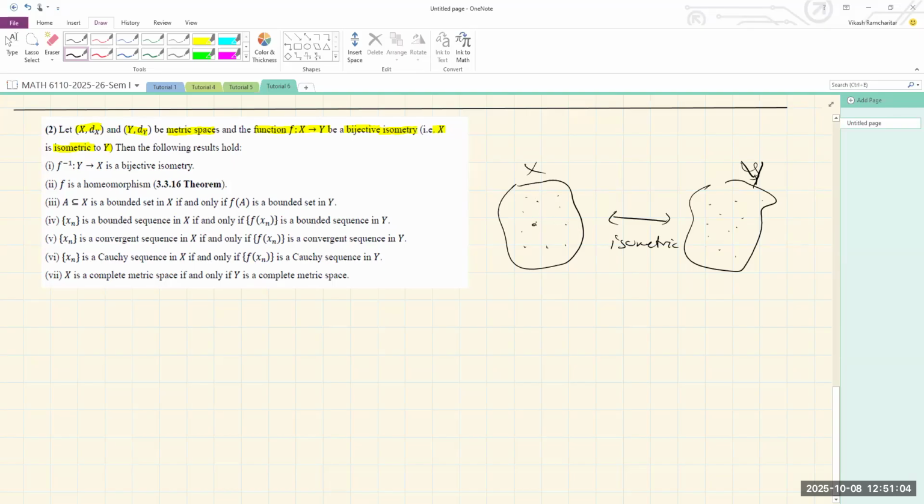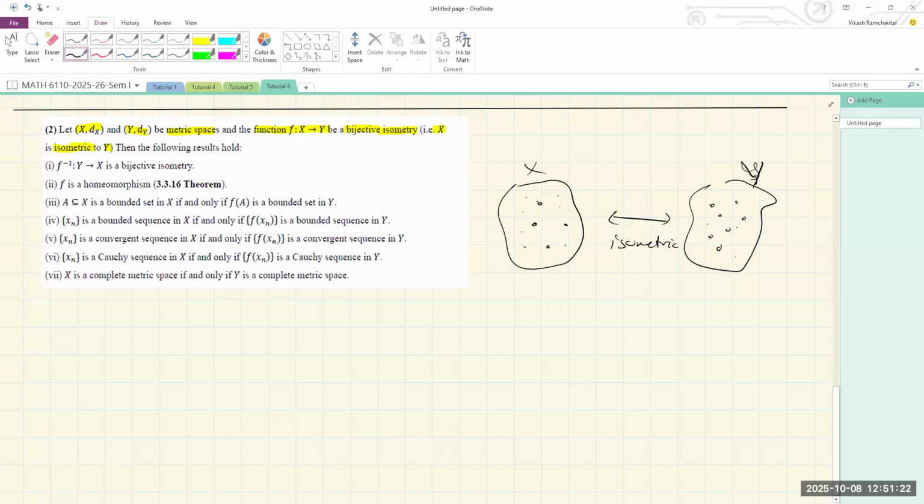So that just means that the points in X are just being relabeled as the points in Y. So what do I mean by relabeling? You could think of it like this. For example,